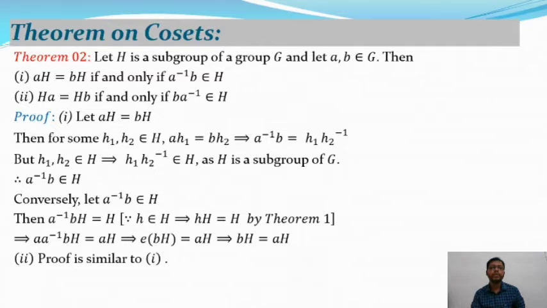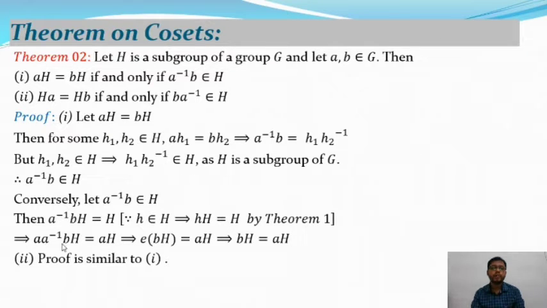that aH is equal to bH, where a and b are two elements in G. Then a inverse bH is equal to capital H. You know that if h belongs to H, so h is an element in capital H, then h into H is equal to H by theorem 1. Applying this theorem 1, we conclude that a inverse bH is equal to H. So therefore,